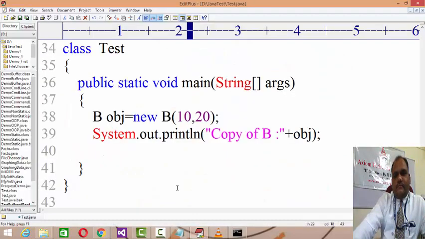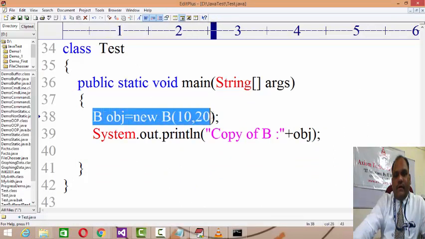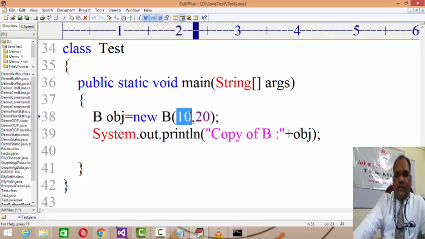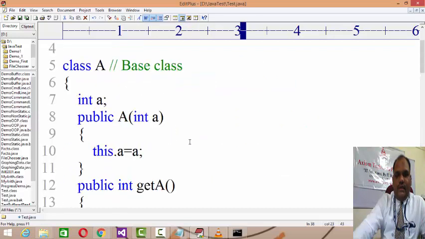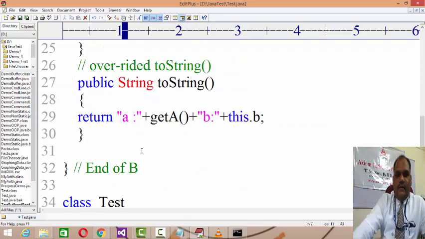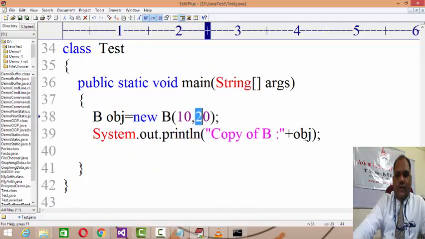But actually you created the object of only B, right? And in this B, the private data 10 actually was passed on to A, and 20 will be initialized to its own. And whenever you print a copy of an object, this is the object of AB, right?